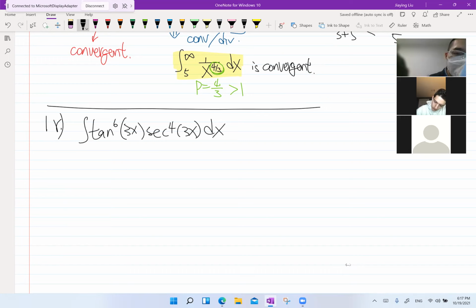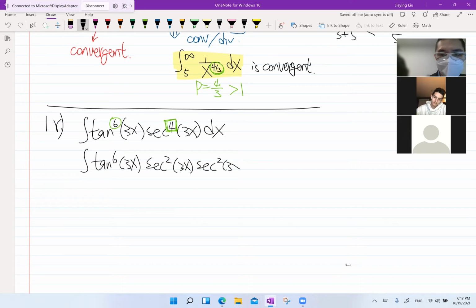This one, again, is tangent and secant. I'm looking at the exponents. That's 6, this is 4. But the 4 is the more important one because if you remember, the rule says if the exponent of secant is even, we're going to save a secant squared and set u equals tangent. So I'm going to do that. Tangent to the 6th power 3x, secant, I save a secant squared, so I have another secant squared remaining. And I'm going to let u equal